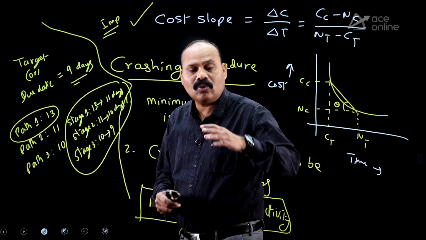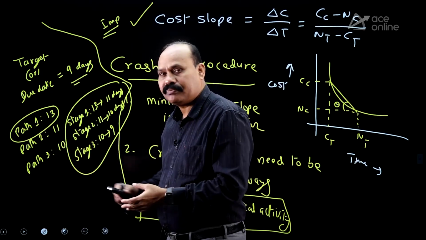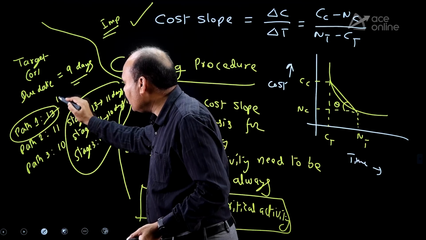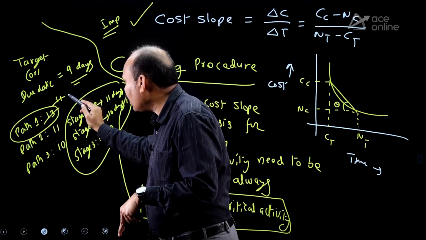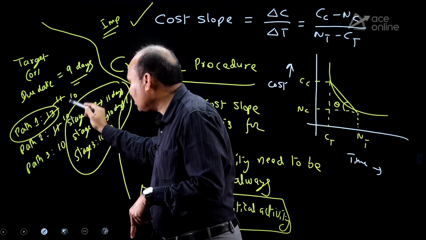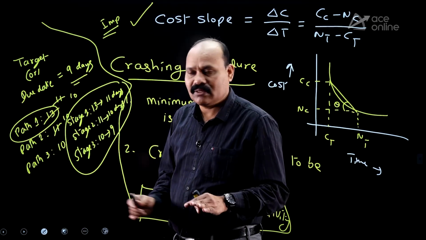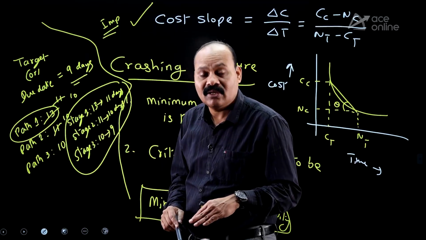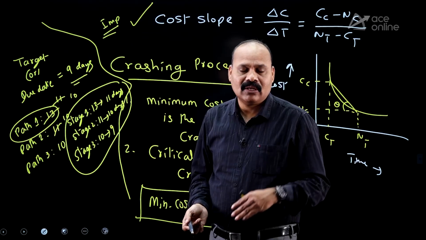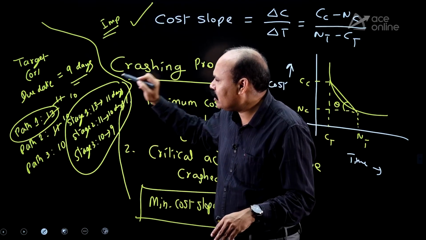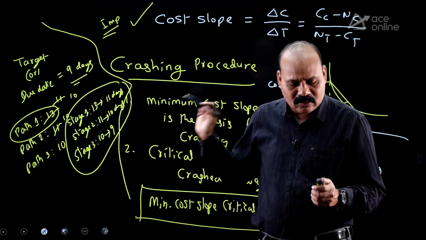So don't go directly to 9. First, 13 you convert into 11. So this 13 you have to convert into 11, and you will get 11, 11, 10. In stage 2, what you have to do? 11 you convert into 10, so you get 10, 10, 10. Then the target is 9, so in the third stage, 10 to 9. So 3 stages. Generally in examinations, target oriented questions are given to us. So take care about this.